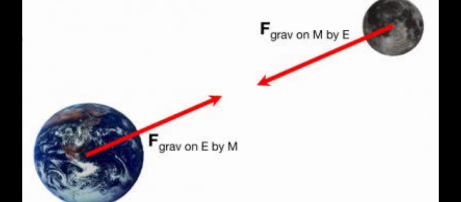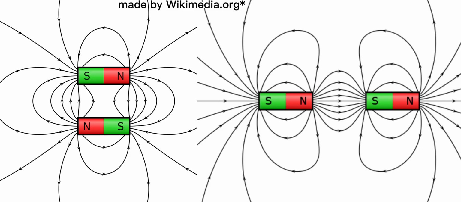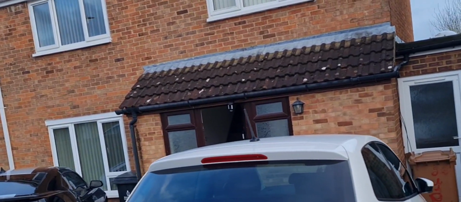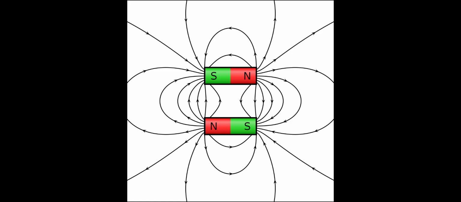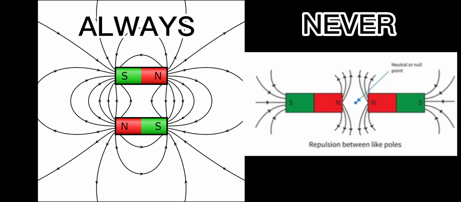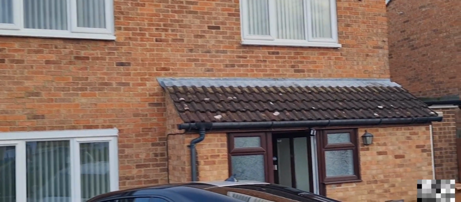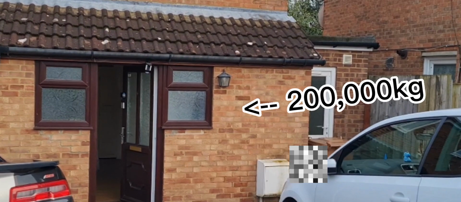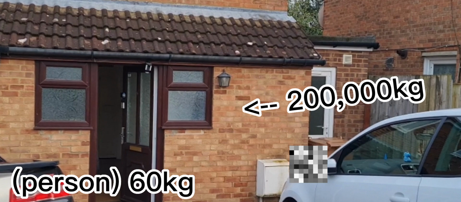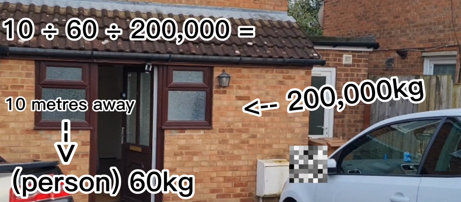Anyways, gravitational attraction. It's like if one magnet moves past another, then there is an appreciable attraction or repulsion between them, and if you walk past a house, you feel no attraction or repulsion at all. Yet there is an attraction. There is always an attraction and never a repulsion. The reason that you do not notice the attraction is that the force is so very finite. For a house of mass 200,000 kilos and a person of mass 60, the force of attraction if the person's 10 meters from the house is only